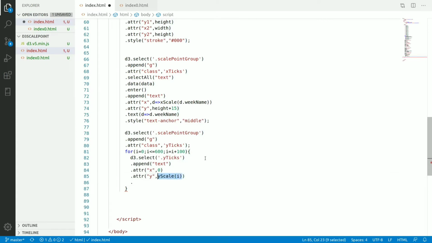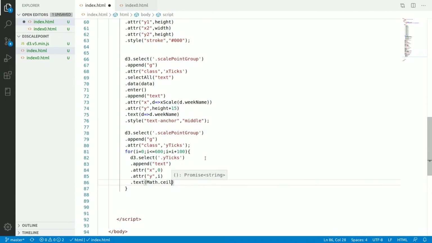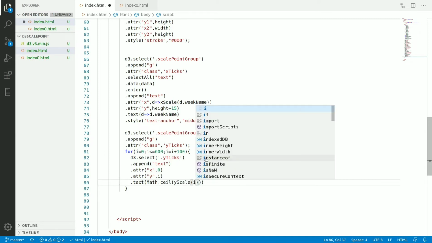Here I will pass simple i, and dot text is equal to Math dot floor y scale of i.